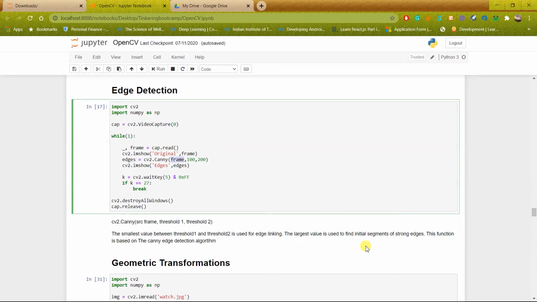So essentially what this means is the largest value, in this case 200, will be used to detect the particularly long edges, right? So 100 is used for the edge linking, and linking the strong edges which are detected by using threshold 2.